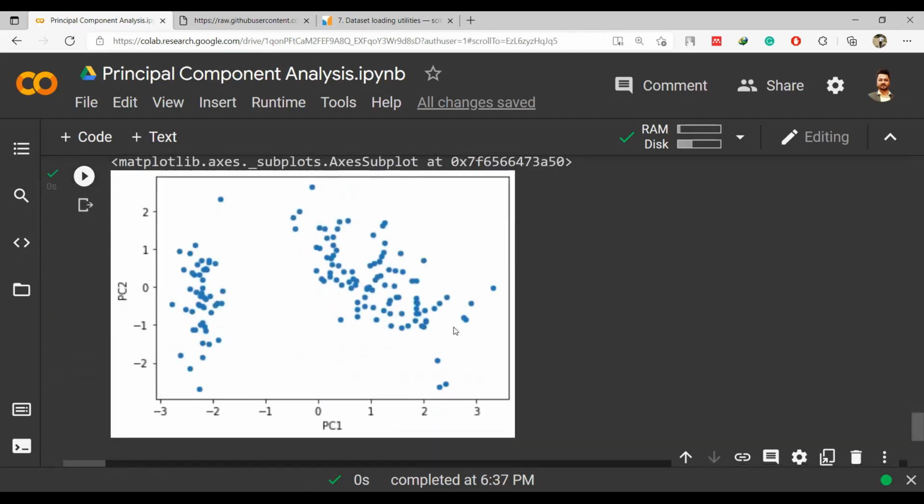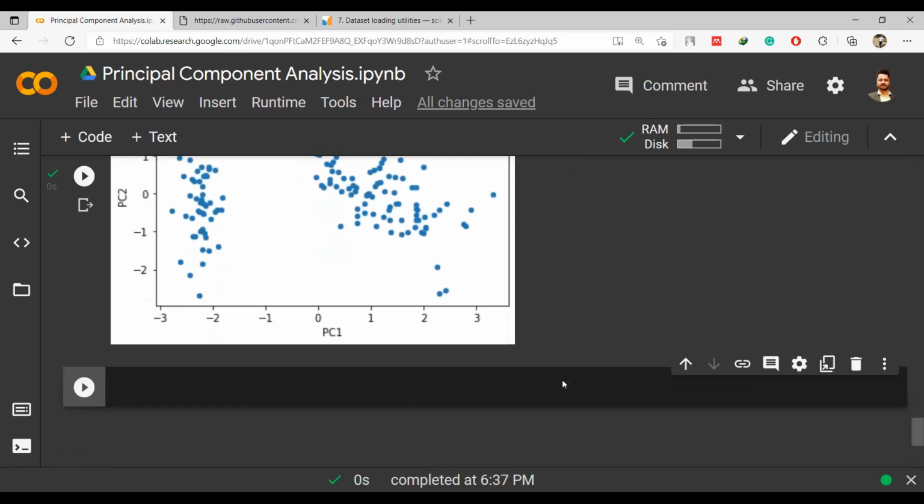So there is some work that needs to be done by the machine learning algorithm later on. But for now we can see that my three classes have been put into two dimensions, and the features have been put into PC1 and PC2, and that's how principal component analysis works.